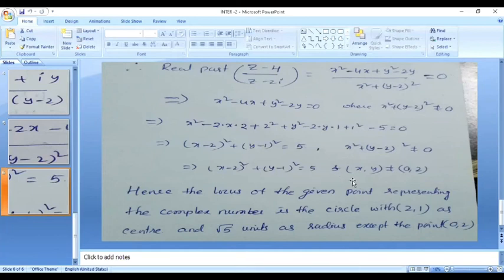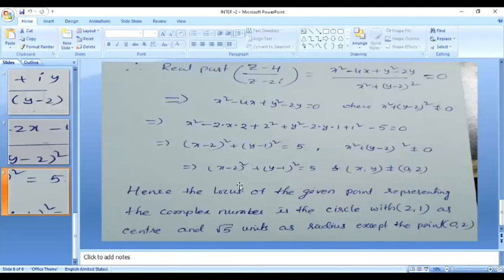And here's one more condition. Suppose x value is 0 and y value is 2. What do we get here? x value is 0, so 0 square is 0, plus y value is 2, so 2 minus 2 is 0, and 0 square is 0. 0 plus 0 is 0. Therefore this condition is compulsory: this value is not equal to 0. That's why x and y does not equal 0 comma 2. If x comma y is 0 comma 2, then the total value does not exist. That's why x comma y is not equal to 0 comma 2.